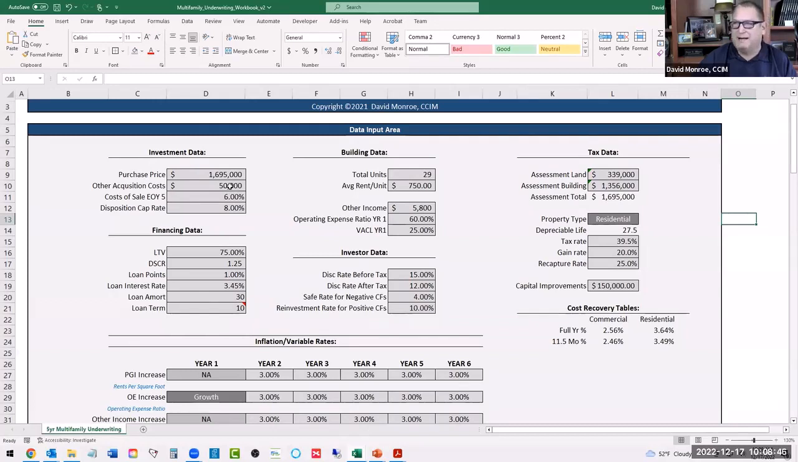I did this a long time ago. Anyway, purchase price of $1,695,000. I'm assuming I'm going to have about $50,000 of future acquisition costs. My cost of sale at the end of year 5, I'm predicting 6%. And my disposition cap rate, I'm predicting at 8%. So these are input cells that we can input ourselves. Okay. Anything that's gray, we can input. Then building data, 29 units,